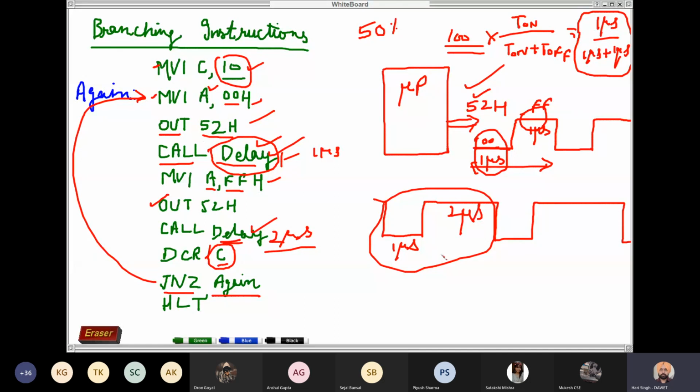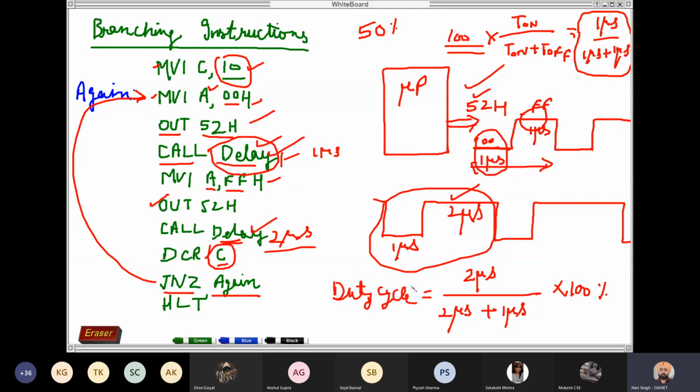The duty cycle is the ratio of on time period, that is 2 microseconds, divided by on time period plus off time period. Duty cycle is 2 by 3 into 100. You can write this in percentage, say 66% or 67%. So you can vary it.